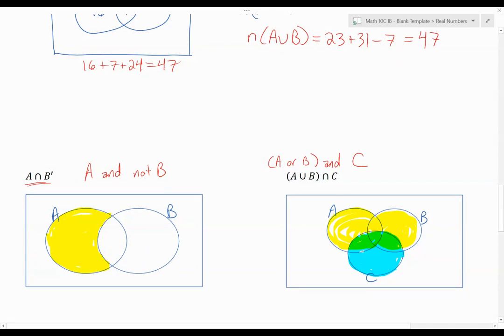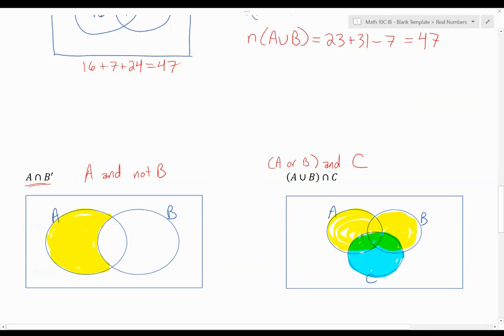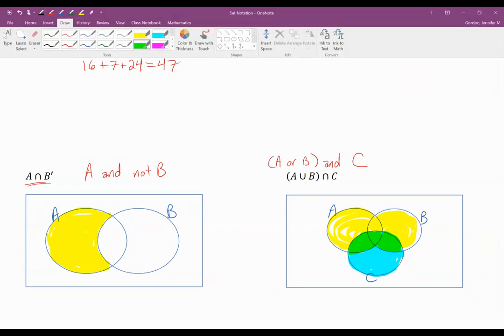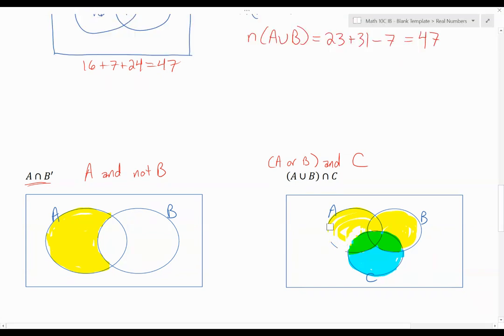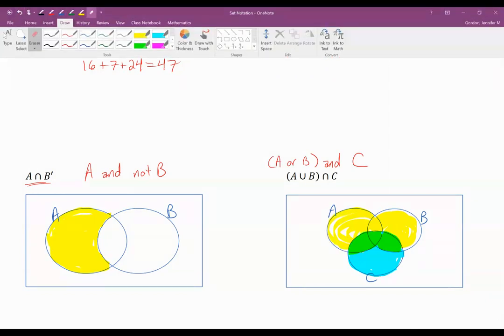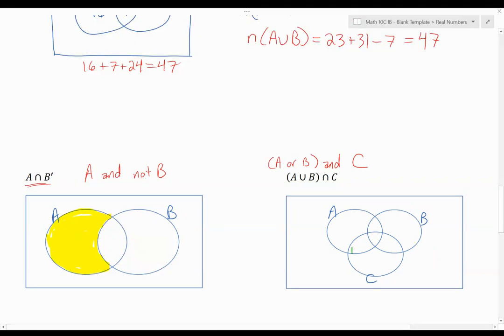So I've used the blue to highlight C. I've used the yellow to highlight A or B. The green is the intersection. The green is the "and" part of this. So I'm going to go over that a little more thoroughly. This bit right here in green is A or B, and C. So now I'm actually going to erase. Whoops, nope, did not want to do that. Go back. Just in green, I'll fill in A or B